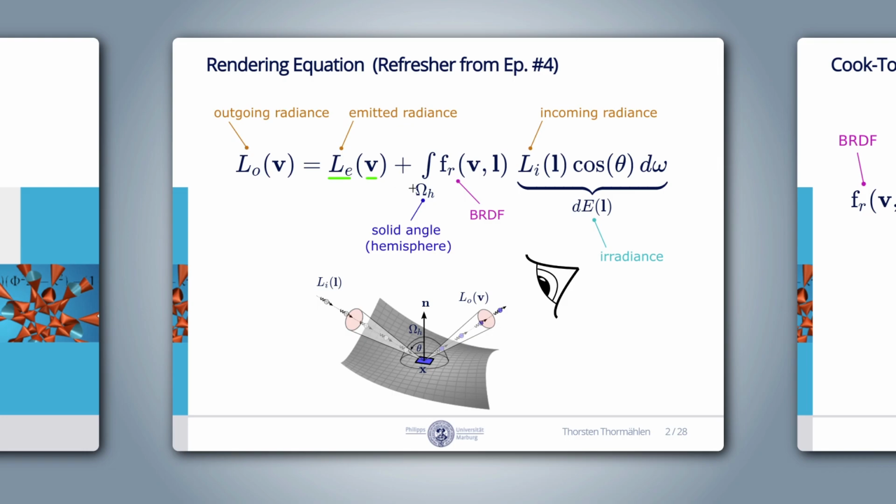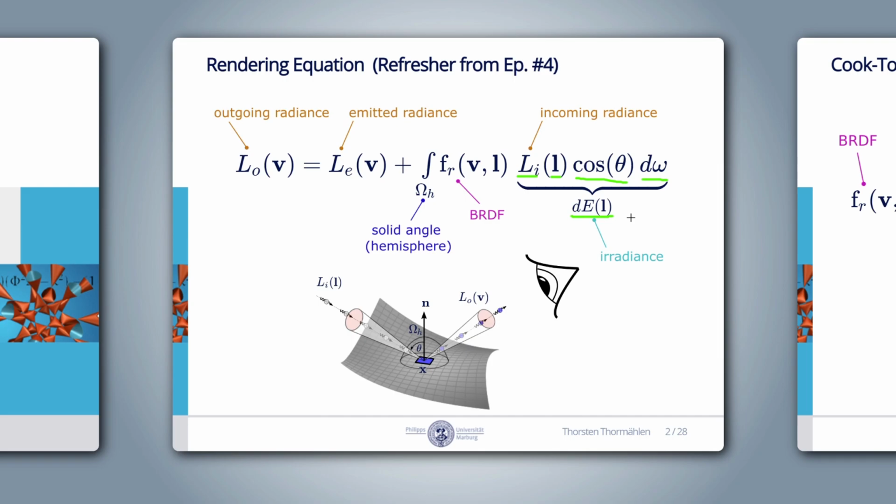The second term is the integral over the complete solid angle of the hemisphere above the surface. The solid angle around the light vector L is denoted by omega and is a variable of integration. Consequently, d omega denotes the differential solid angle. We integrate over the incoming radiance Li from the hemisphere above the surface patch. An incoming radiance Li from direction L multiplied by cosine theta d omega generates an infinitesimal irradiance contribution dE.